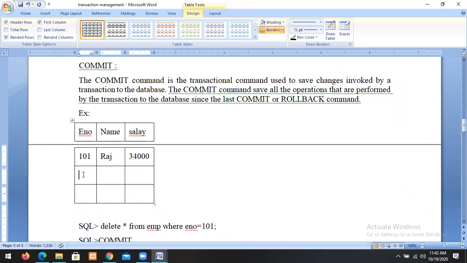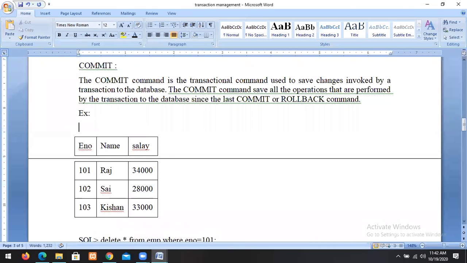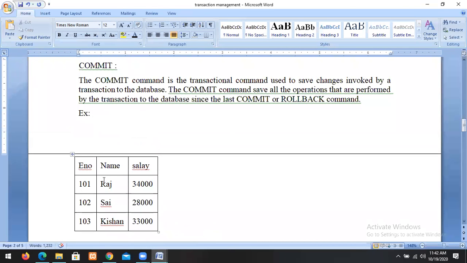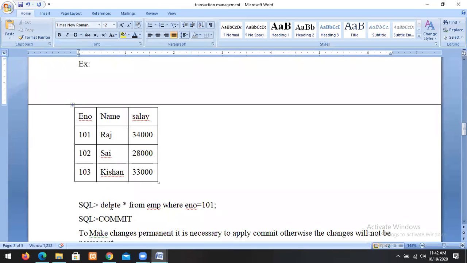We have one more employee, 102, Sai, salary is 28,000. We have one more employee, 103. This is my employee table.